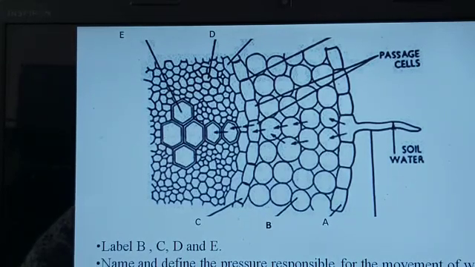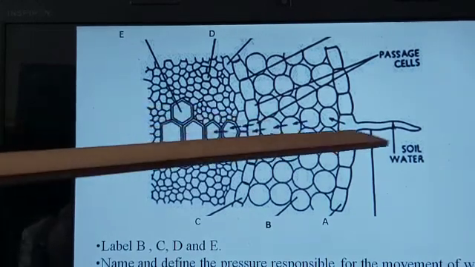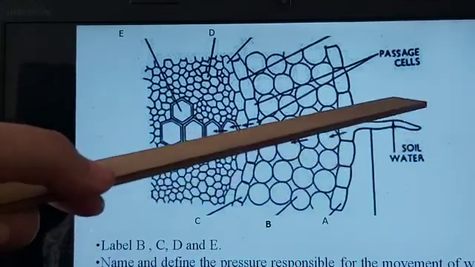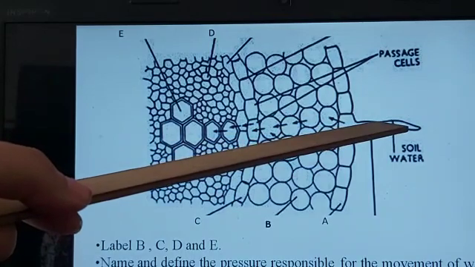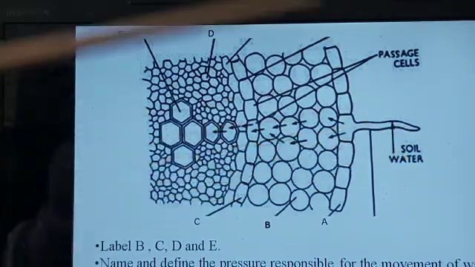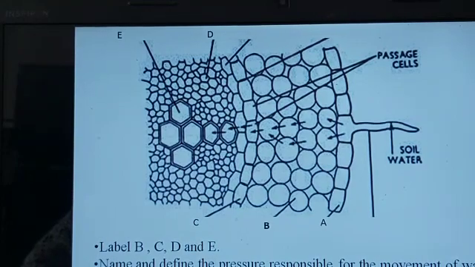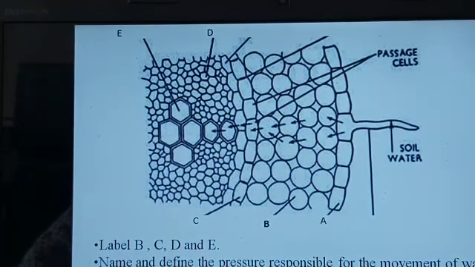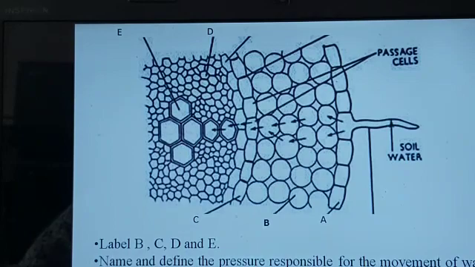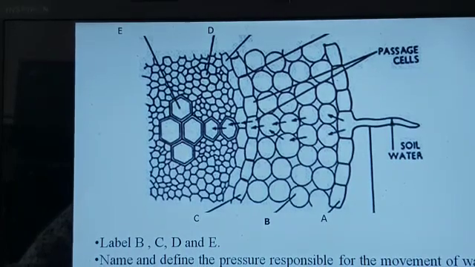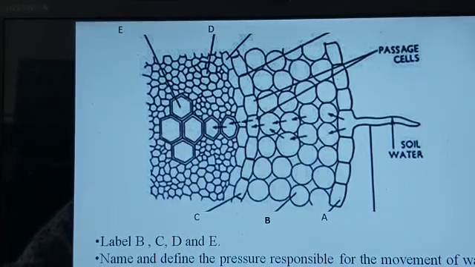There would be less amount of water present here, and more amount of water present here. So the water is moving from the root hair to outside. So a kind of exosmosis is going to take place. You may be asked to draw the diagram of the root hair after exosmosis has taken place. So you have to practice such kind of diagrams also.